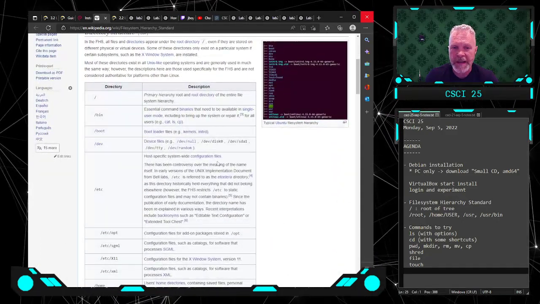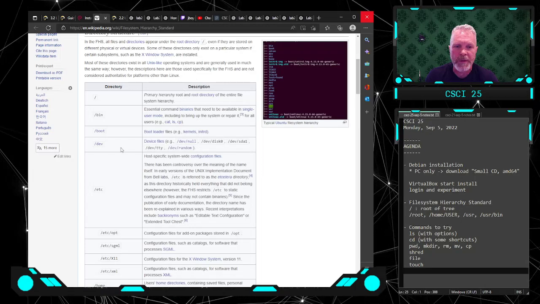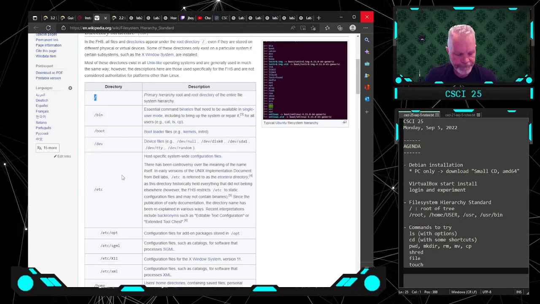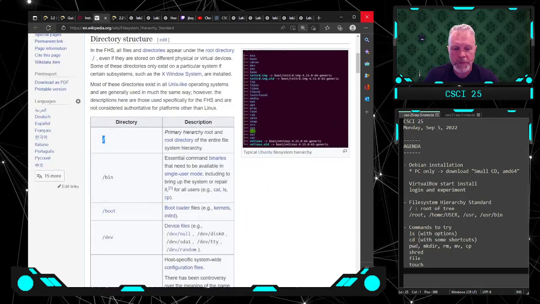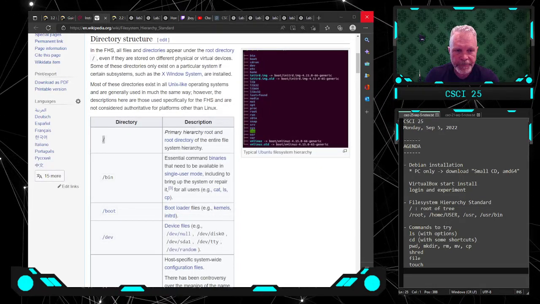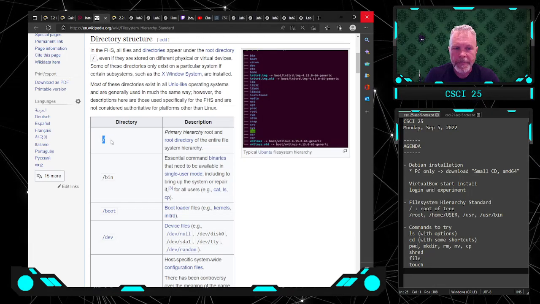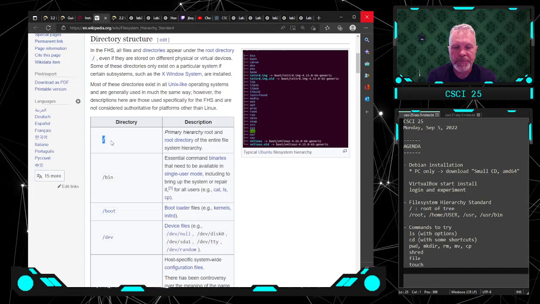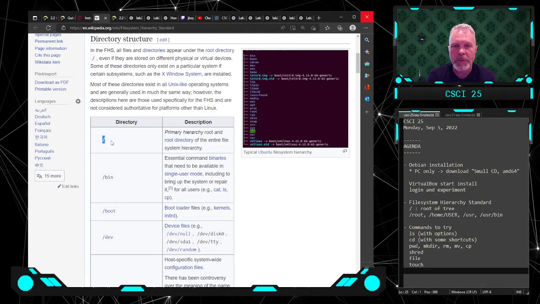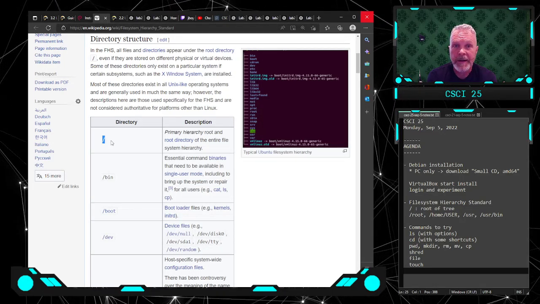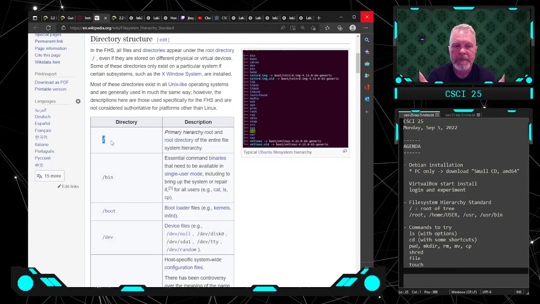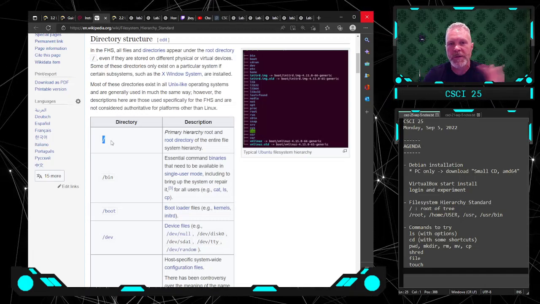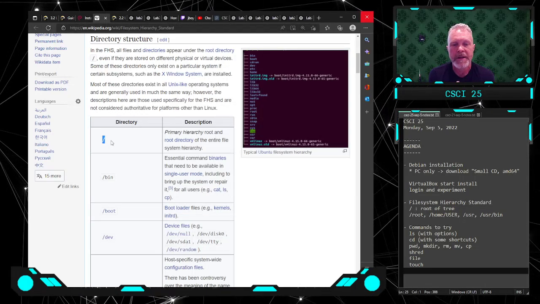So the big ones, and there are some questions to ask you to explore this, but I'll just point out the big ones. This slash here, I'm even going to zoom it in. The slash, make sure you can see. That is the root folder. So this is the same as it would work on a Mac. There's only one folder, basically, one tree with all of the directories and files in the one tree on Linux